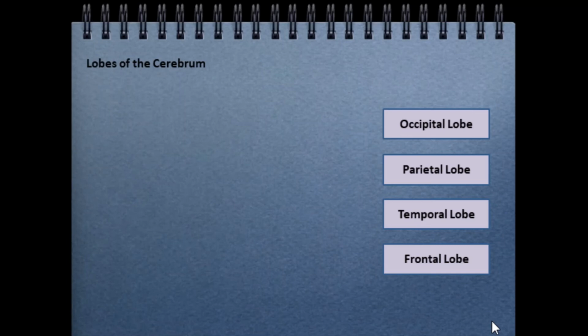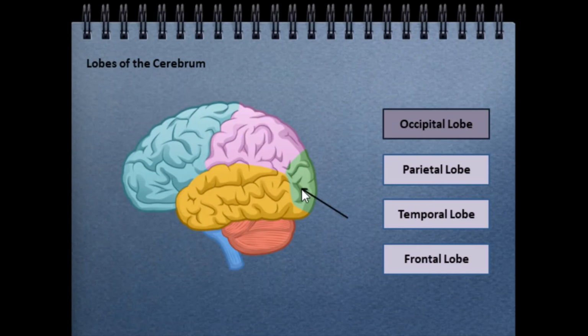This functions for vision processing. We can see and we know what we see because of the occipital lobe. And finally, the last lobe is the purple one. What is it? It's the parietal